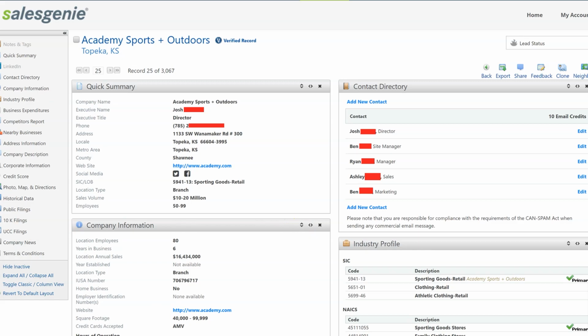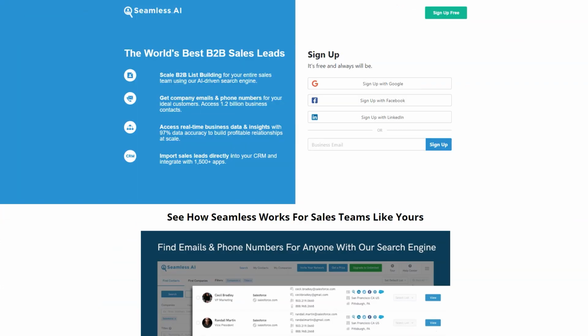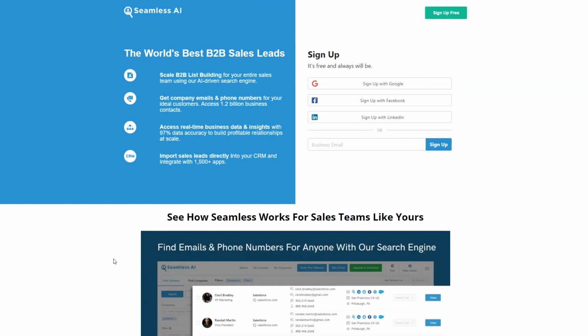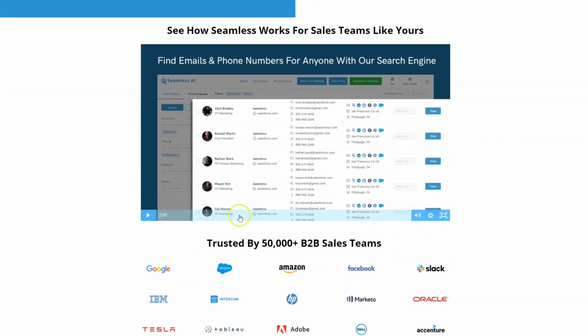Some other ones that we can look at include Seamless.ai. Same basic idea, maybe a bigger database, and you can also import these directly into your CRM at the click of a button. Right here you've got emails,